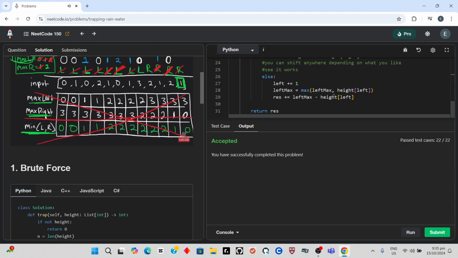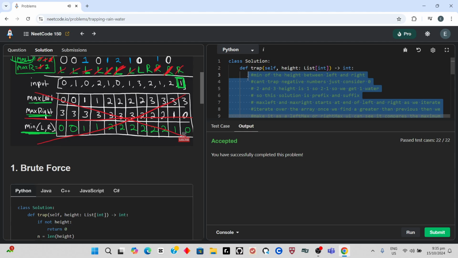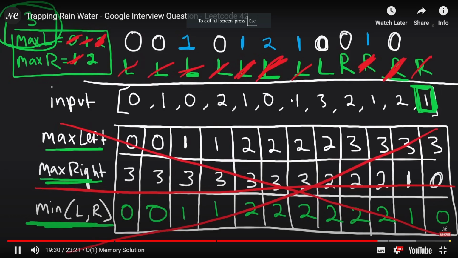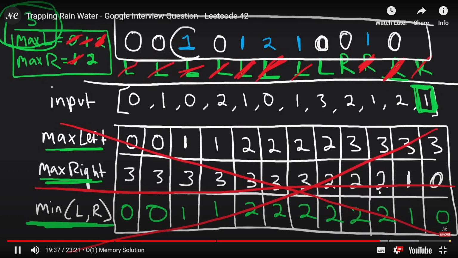So now we're basically at the last position, right? So the max right height is 2. The height in this position is 2, so what we're going to do is 2 minus 2, that's going to be 0, right? So we can't store any water here. That's going to be a 0. And now you can see we filled in the water levels that we wanted, right? When you take this 1 plus 1